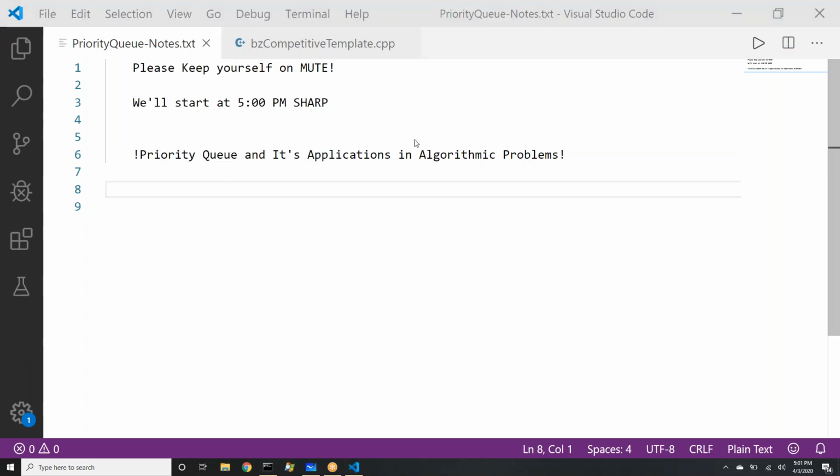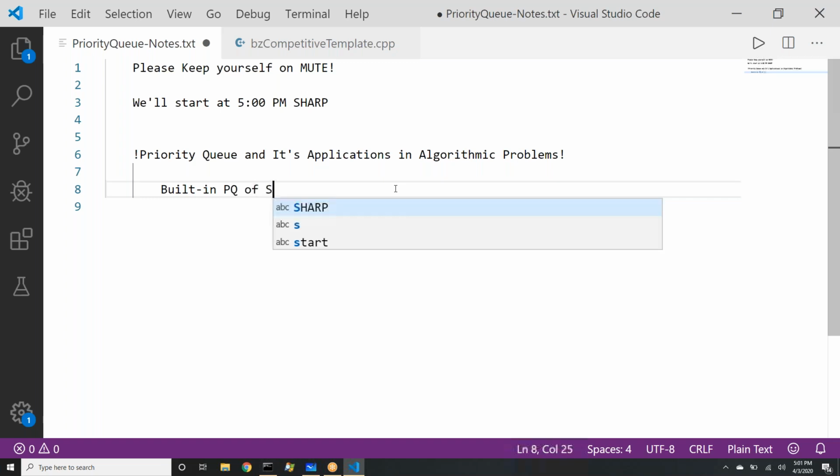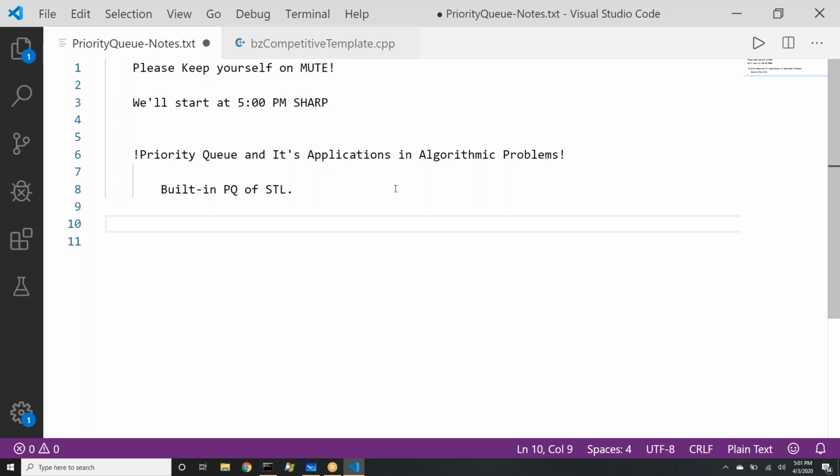Okay, so if I start with the first question, how many of you are comfortable using priority queue or have ever coded priority queue? I mean, any program which requires built-in priority queue, PQ of STL. Okay, Sai Charan says no. So there are folks who are saying no, they have not used it. So people who are saying no, can I say now stack is something that everyone is comfortable with?